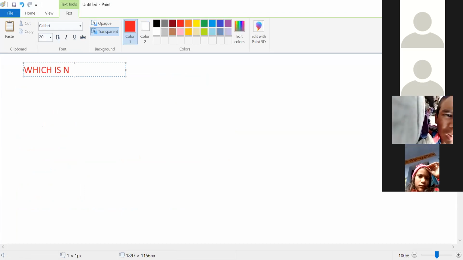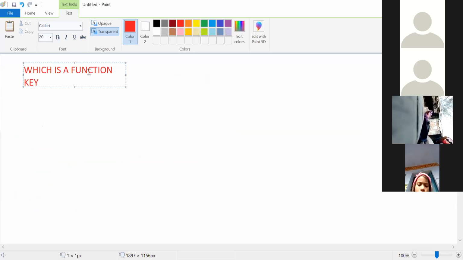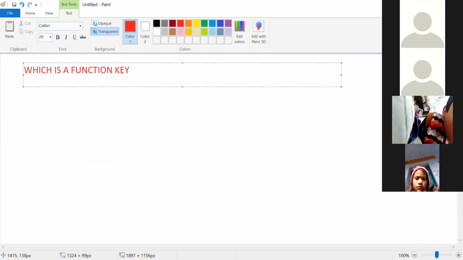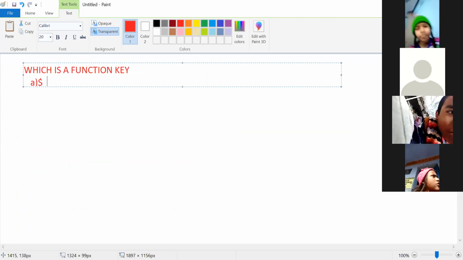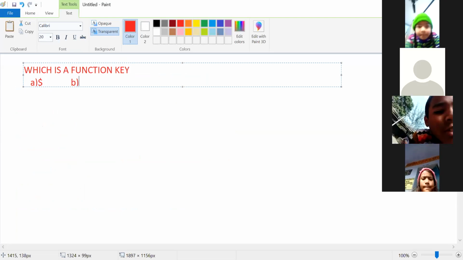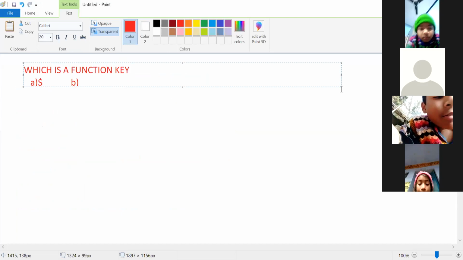Which is a function key? Questions will be like that, and options will be given like that. See here, everyone. Dollar. F1, F12. Concentrate here. F1 to F12. So the second one is this.